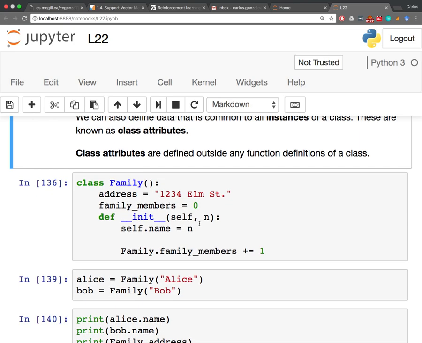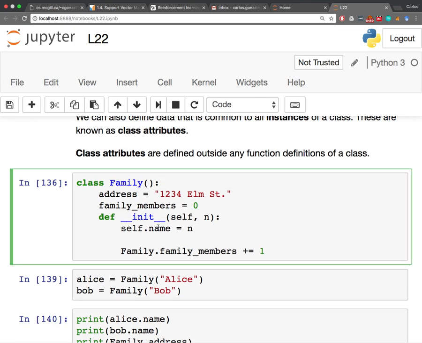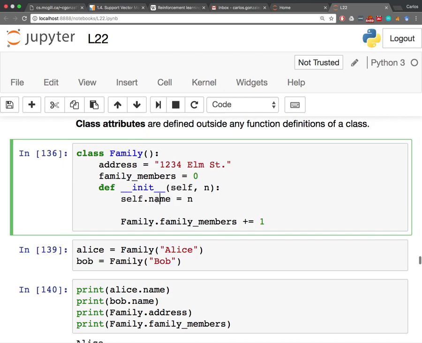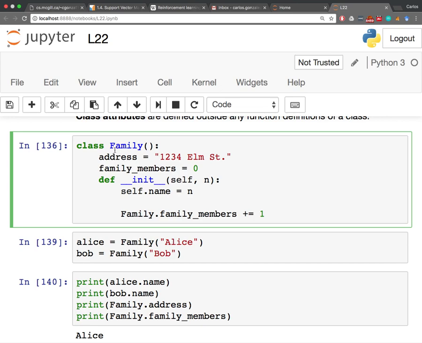Okay. So we saw that instances can have attributes. But it turns out that classes can also have attributes, okay? Whereas instances are kind of unique on their own, a class is sort of like this umbrella, this container, right? So if I were to define some object up here in the class level, this piece of data,